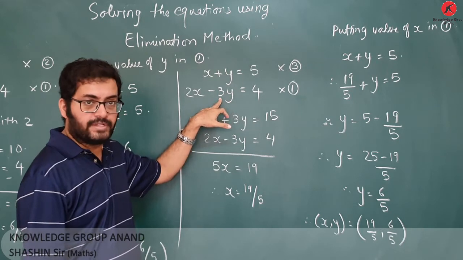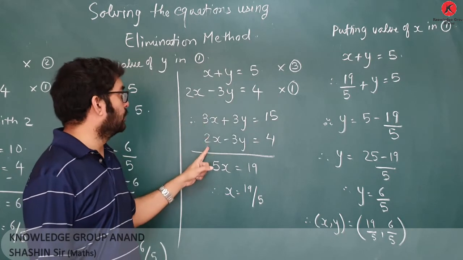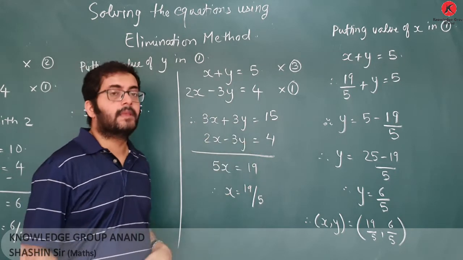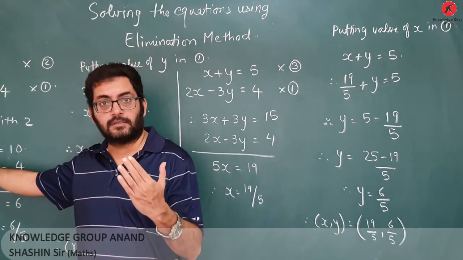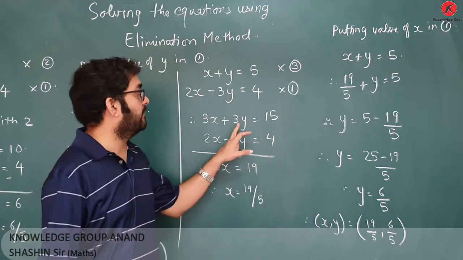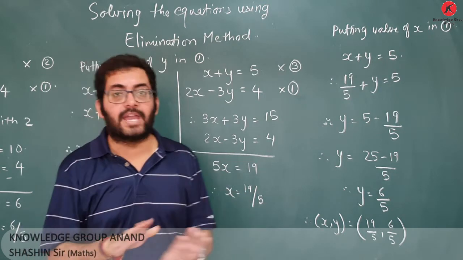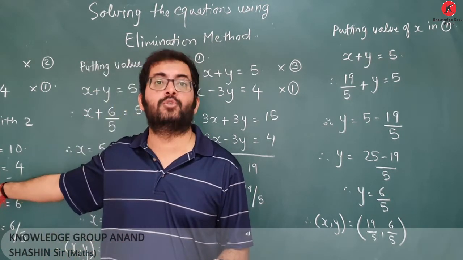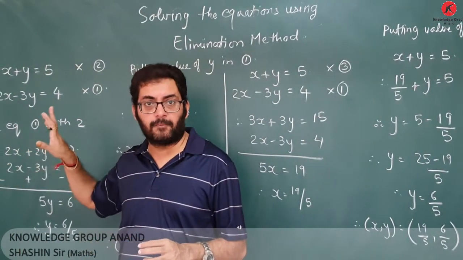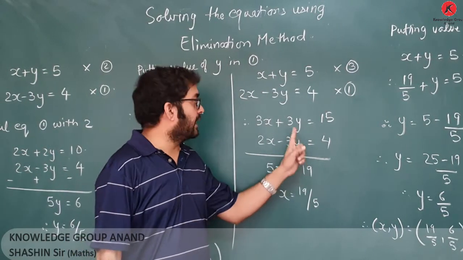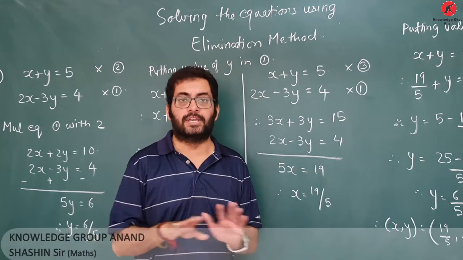Already here I am having coefficient as 3. So I will multiply this equation with 1. So equation will come same, 2x minus 3y is equal to 4. Now in the previous sum, the values of x were both positive. Now here I am having plus 3y and minus 3y. So in this case, I don't need to change any sign. In the first case, I had to change the sign. Why? Because in both the case, the sign was same, plus 2x plus 2x. Here already, at one place I am having plus 3y, on another place I am having minus 3y. So there is no necessity to change the sign.